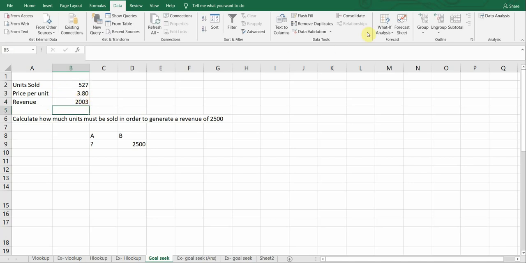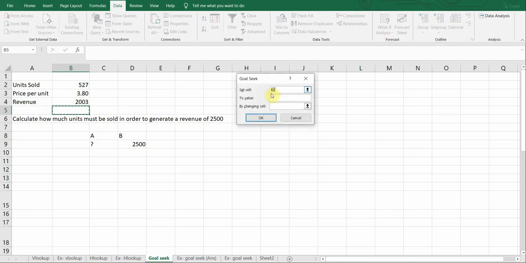2003. So for doing goal seek, we will select Goal Seek, and this Set cell is always the cell which contains the formula. That's an easy way to remember what you need to put in your first input. Here the Set cell is B4, which is the revenue cell which has the formula. When you select the particular cell, it automatically enters the dollar symbol. So please do not type in the cell address over here. Instead, click on that particular cell and choose the cell which has the formula.